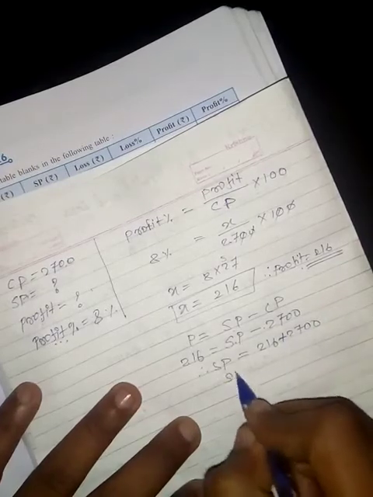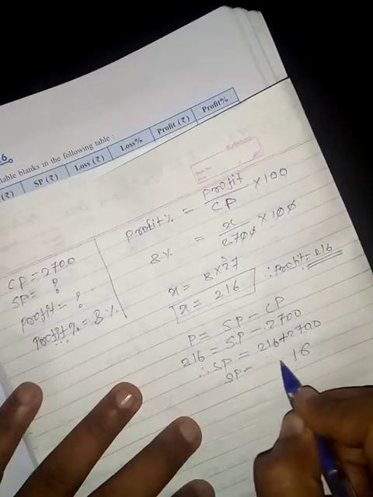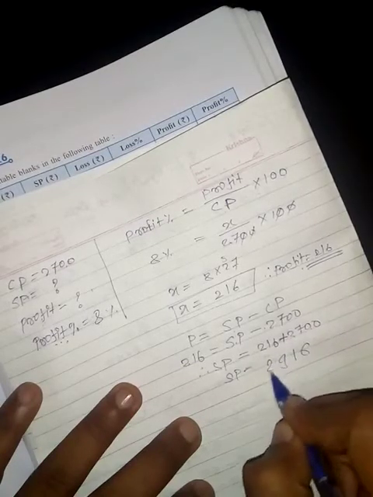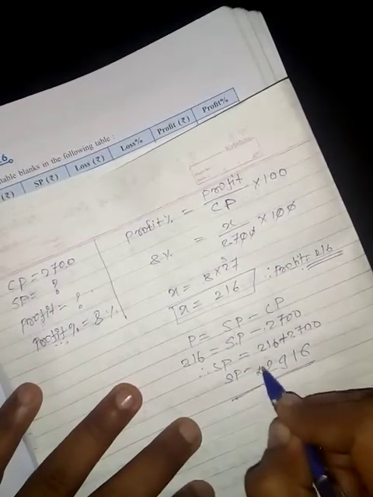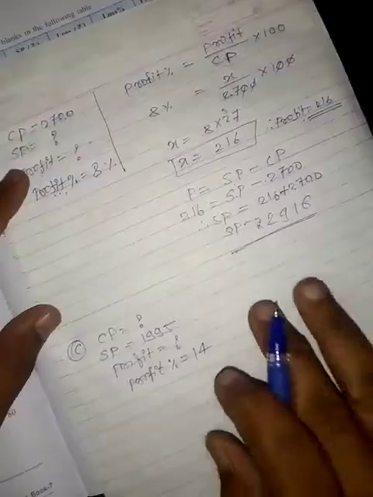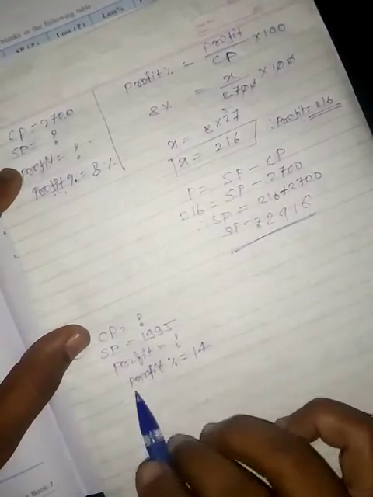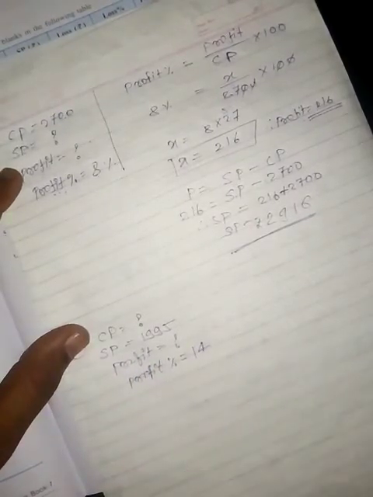So therefore SP is equal to what? 6 plus 0 is 6, 1 plus 0 is 1, 7 plus 2 is 9, and 2 is as it is. So that's your selling price. Understand, students, how to solve it? So this is your question number third, where CP and profit we have to find out. So same thing we'll use here, but we'll see how to do it.